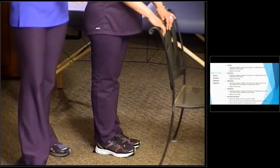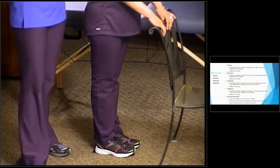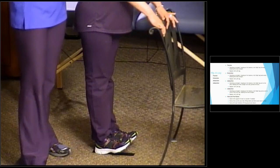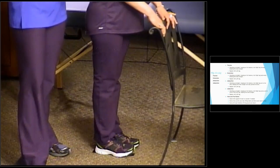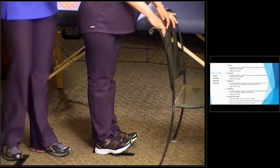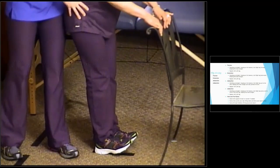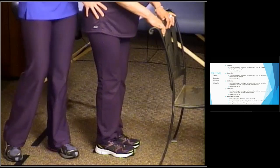And then the next exercise is going to be toe raises. So you're standing up nice and tall, your toes lift up off the ground, and then back down, and back up. And one of the things that people will do to cheat with this one is lean back. Instead of using their ankles to do the motion, they just lean